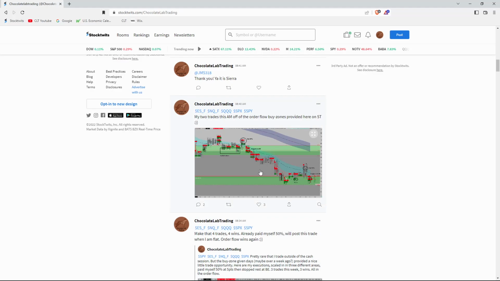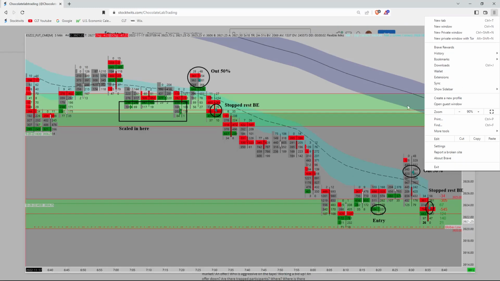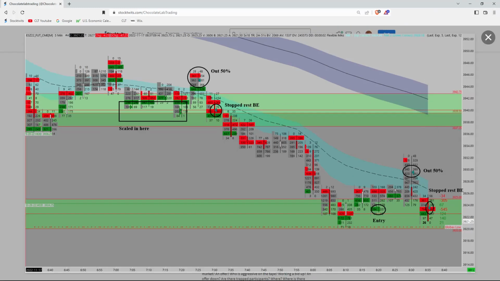And then, as I said, I took another one that was also a winning trade. So 4 trades this week, all winners. This is the first one that we just looked at. This is a 5-minute footprint chart. Why am I so zoomed in though? There we go. So now we can see the time. As I just said, I scaled in, out 50%, and then out the rest at break even. Then my second trade right here, I entered here, out 50% again at 5 points, and stopped the rest at break even. So this is looking at a smaller time frame